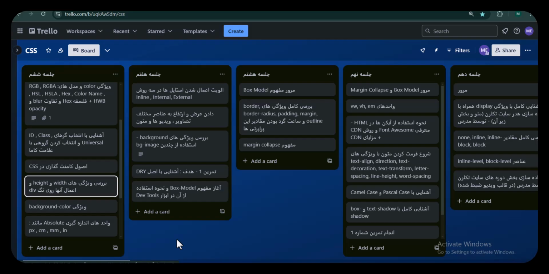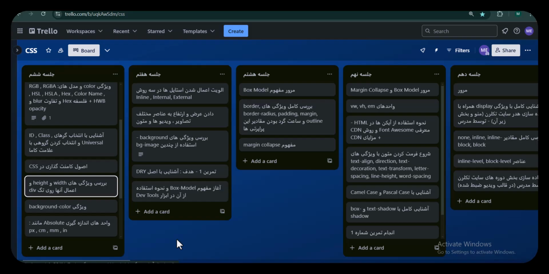And also, we would cover the width and height properties in CSS. How can you give width and height to your HTML boxes that have been created using the div tag? We did a video on that a couple of videos ago in the HTML series. You can check it out. And background colors I mentioned earlier, and about the absolute and relative